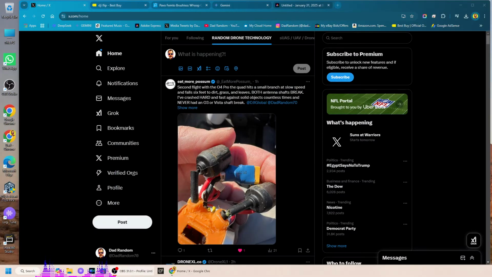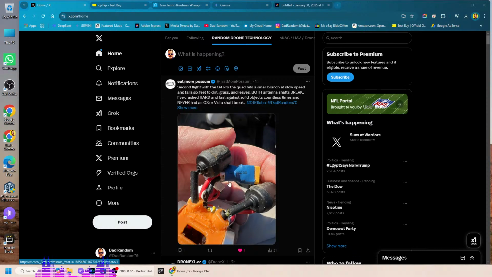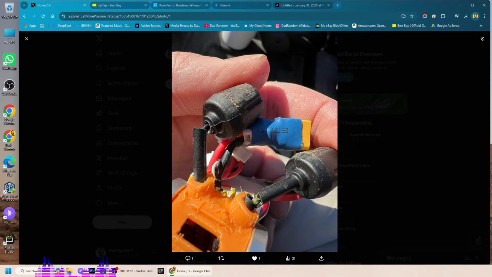This is from Brent. And that's what happened to his antennas. That's his O4 antennas. He said he hit a small branch.